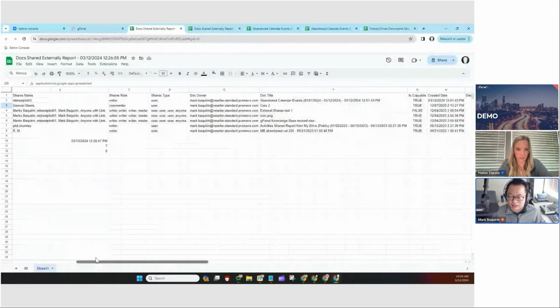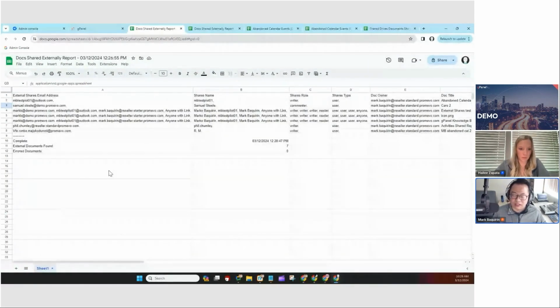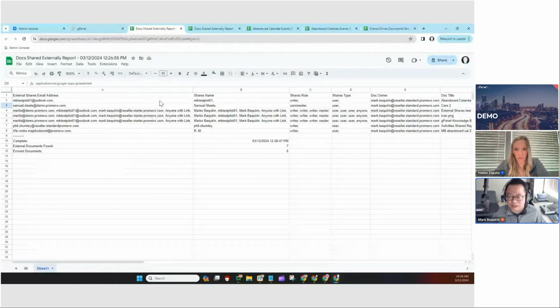So that is actually super useful for security, if you need to look into where things were shared externally. However, one caveat is this gives you a report of what's in your user's My Drive in their Google Drive, but not in shared drives. So that's an additional report I wanted to show you because it's related to this one. So the shared drive report